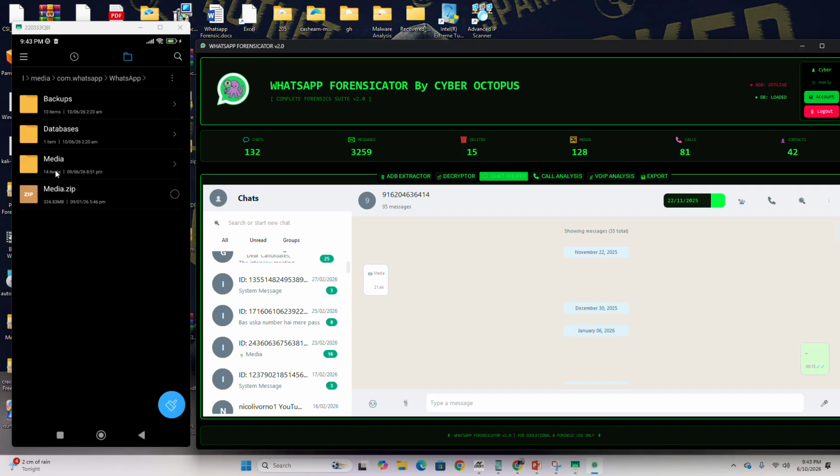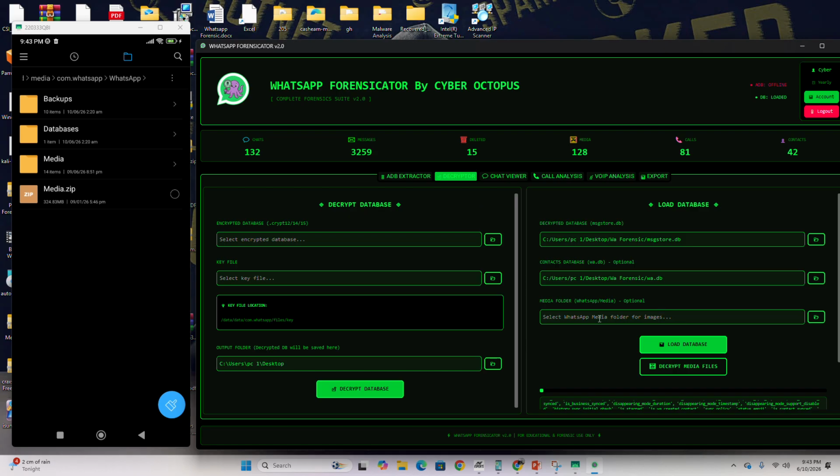Apart from the chat databases, WhatsApp also stores media files. This includes images, videos, audio files, documents, and voice notes. If we load msgstore.db, wa.db, and also the media destination folder here in the decryptor section, then together we can reconstruct the entire communication history.